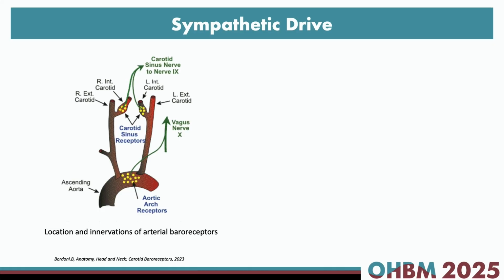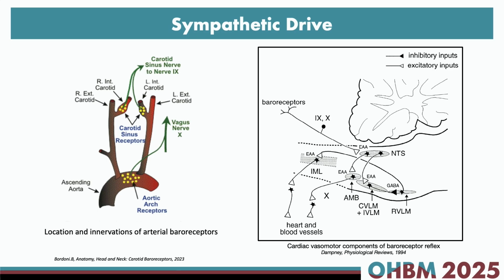So a bit about sympathetic drive. It's a key component of the baroreceptor reflex, and this reflex controls blood pressure within the body. This happens through input from the baroreceptors, which are the arterial stretch receptors found in the carotid sinus and the aortic arch, and they help to detect the beat-to-beat changes in blood pressure. And they signal to key brainstem circuitry to alter the sympathetic and parasympathetic drive to the heart and the blood